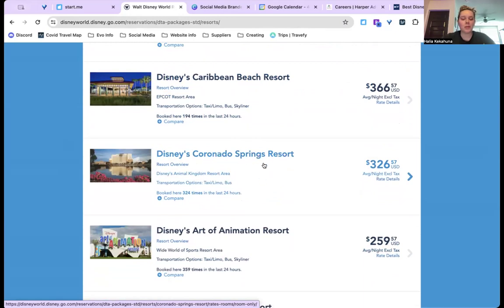This is also a really popular one. It is kind of in the medium range, I would say, based off of Walt Disney World Resort prices. And it is super nice. We're just going to go with that one. I feel like I haven't done that in a while. When I am doing Disney travel ads,